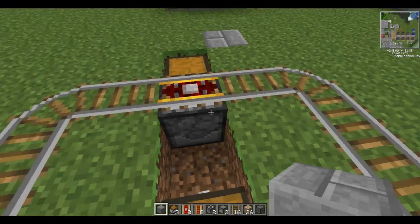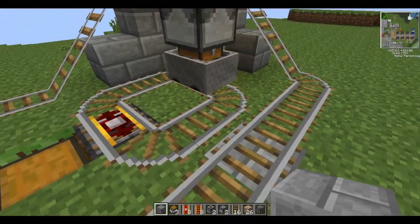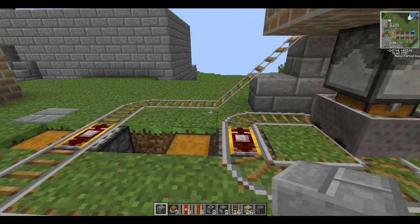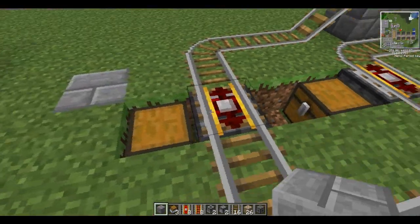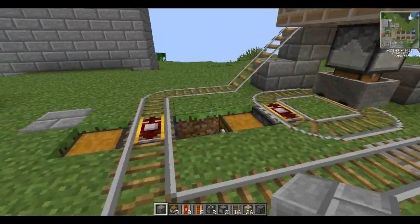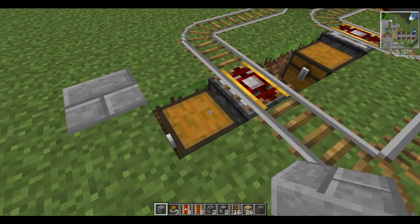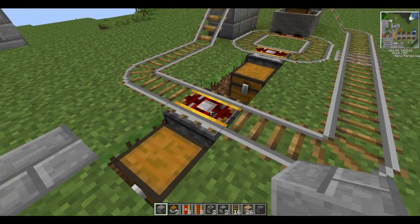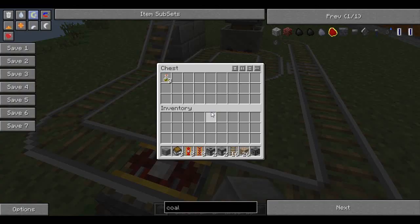and item unloaders face upwards, and item loaders face downwards. You can put tracks on them and things, but the storage, or where they're going to pull things out of, is adjacent to them. So this unloader is going to drag everything out of the chest into this chest, and it's going to be there. Now, as you can see in here, I've already got some coal coke in there, and in here I've